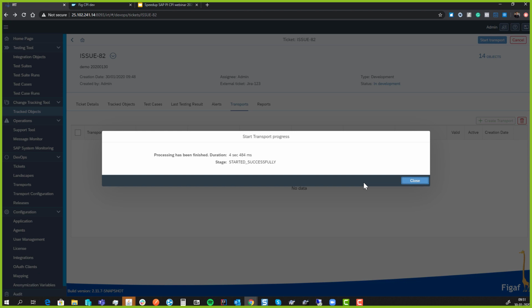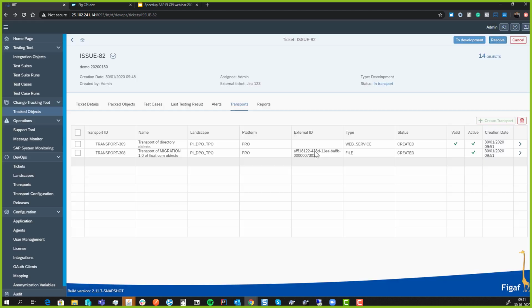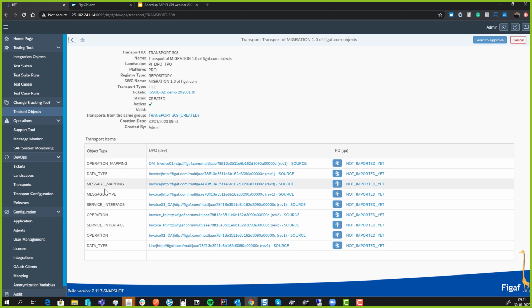For the directory, we will use the web services, because it contains all the different things that we need. So now we can see we've created two transports. One is the directory, the repository objects, and it will just see based on this ICO what are all the objects that are involved in this, and will transport them